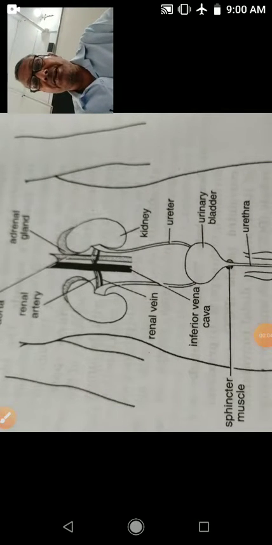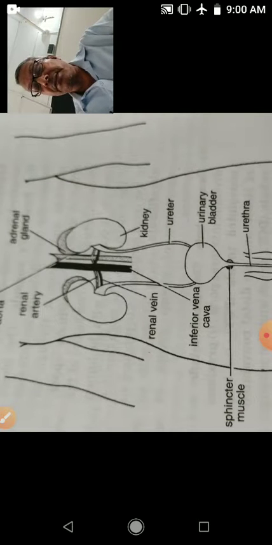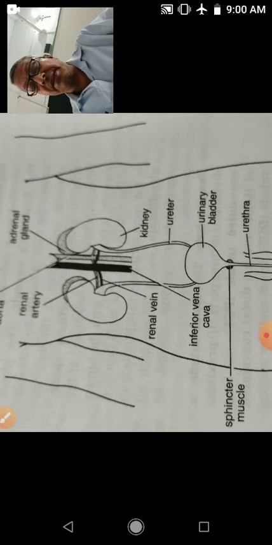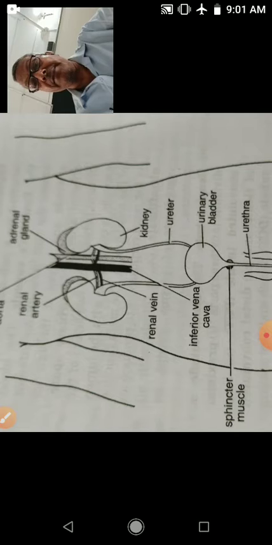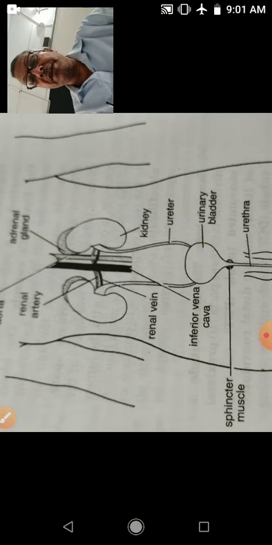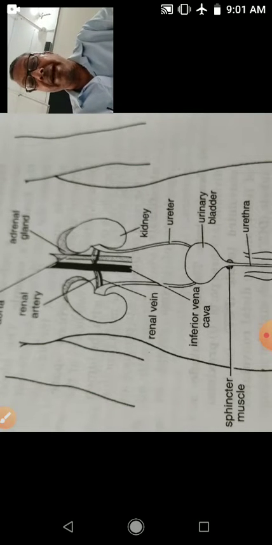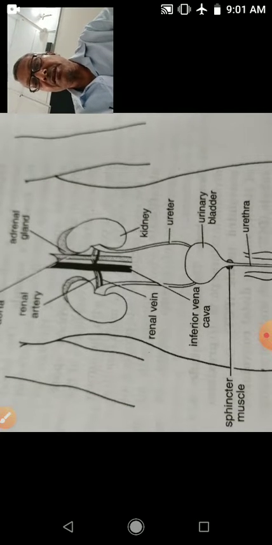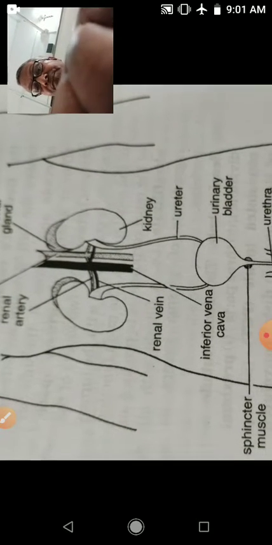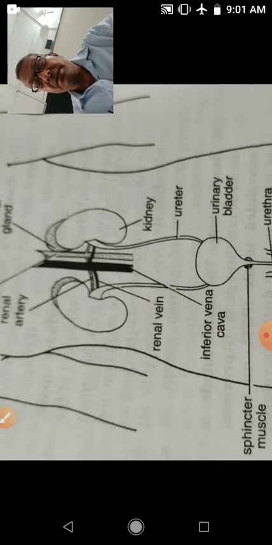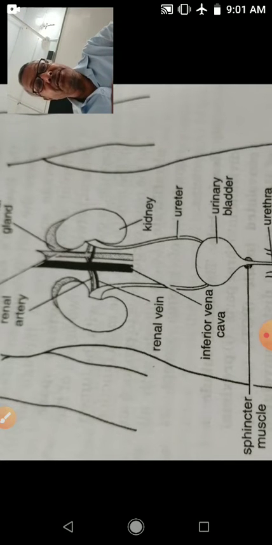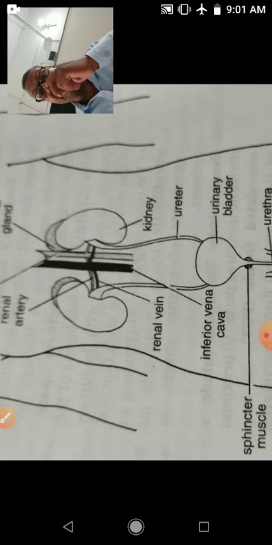Children, you studied the elimination of nitrogenous metabolic waste from the body. In the human being there is a well-developed organ system, called the urinary system. So you see the structure of the urinary system. It is the human urinary system. This system is found in human beings.